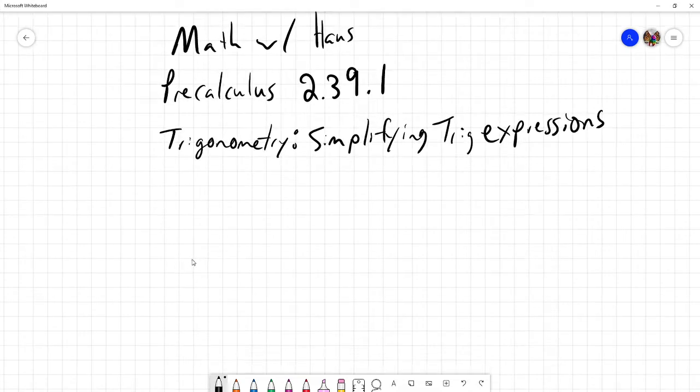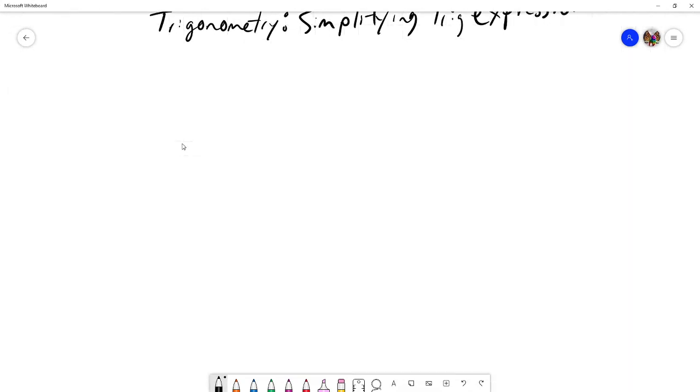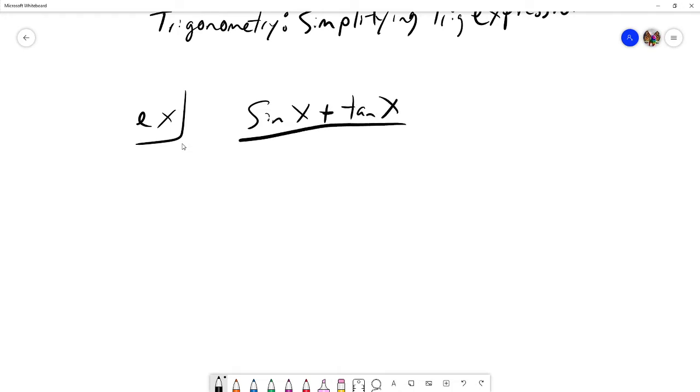First thing to note about simplifying trig expressions is that we are starting with something kind of complicated, or overly complicated, depending on what the problem is. And we are trying to simplify it as much as possible. So we're given here this expression, sine x plus tangent x, that quantity divided by tangent x. Now the directions are simply to simplify the trig expression. So to do this,